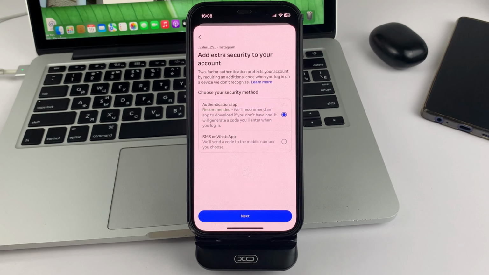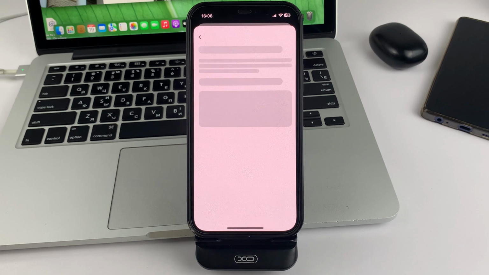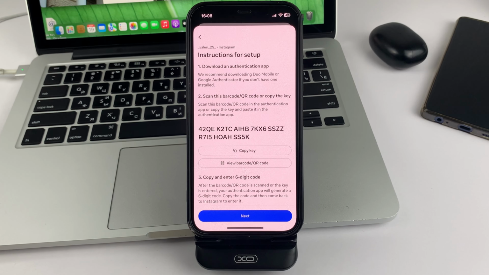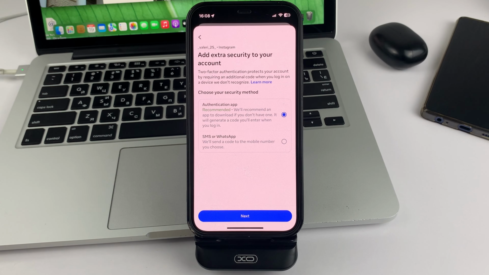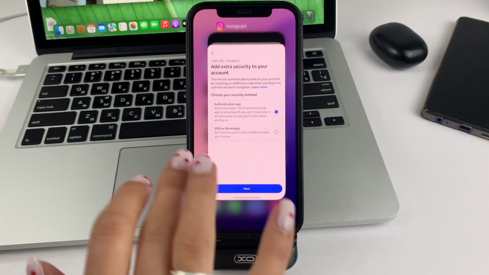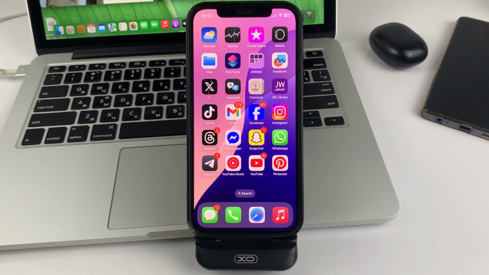And next, you will have several options on how you can protect and enable two-step authentication on Instagram. It can be some special application, thanks to which you will connect two-step authentication, or you can choose SMS from WhatsApp. You choose the method you need and click Next. And then you already follow the instructions that you will see on the screen. You will need to insert some of your data, or perhaps you will receive an SMS from WhatsApp. You will need to enter a code and so on. And literally in just a few minutes with ease, following the instructions that you will see on your screen, you will be able to enable two-step authentication on Instagram.